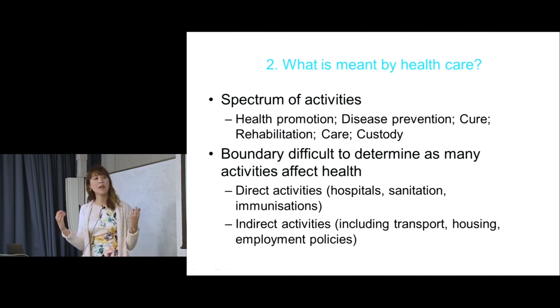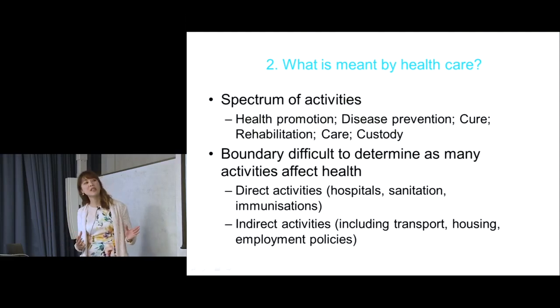I'm working currently in government, and we're looking at things like active transport. These all improve the health of populations, but they're indirect activities, and I think it's important for us to keep the scope narrow. And so when we mention health services in this module on healthcare, we are talking about the direct activities, but the scope is very large, and the boundaries are not clear cut. And I think we just need to be mindful of that.